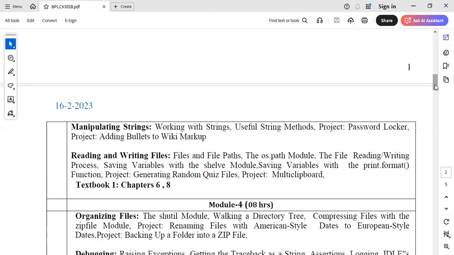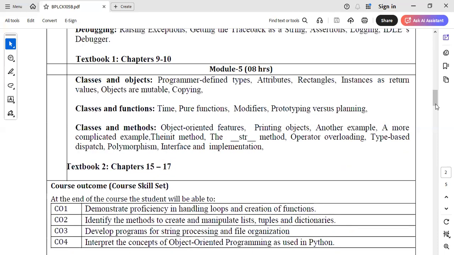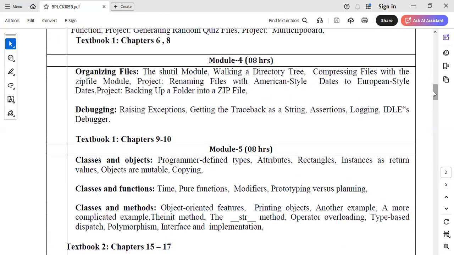Then I will go for Module 4. In Module 4, I'll cover organizing files, the shutil module, walking a directory tree, compressing files with the zipfile module, project: renaming files with American-style dates to European-style dates, project: backing up a folder into a zip file,